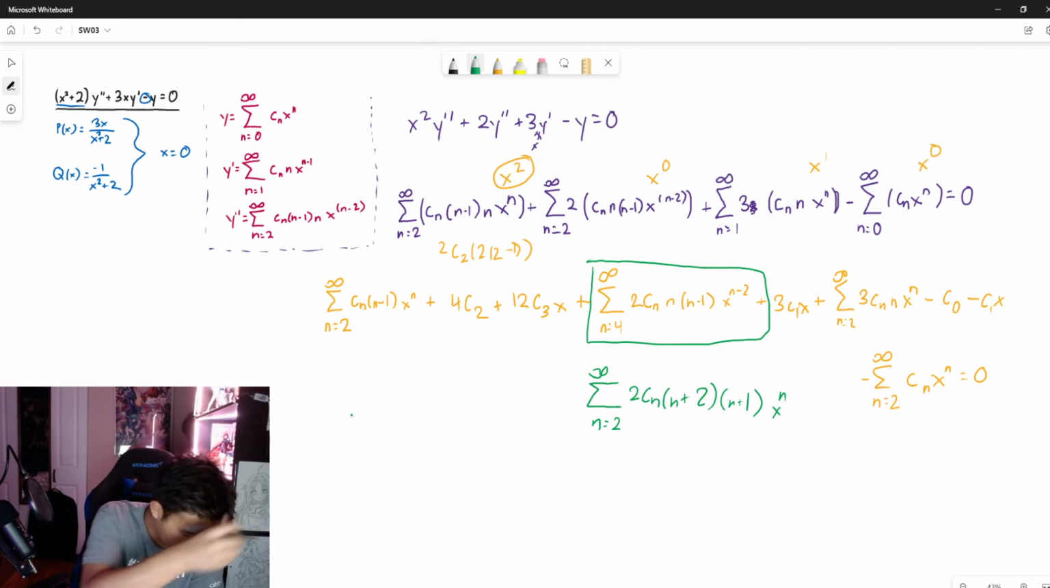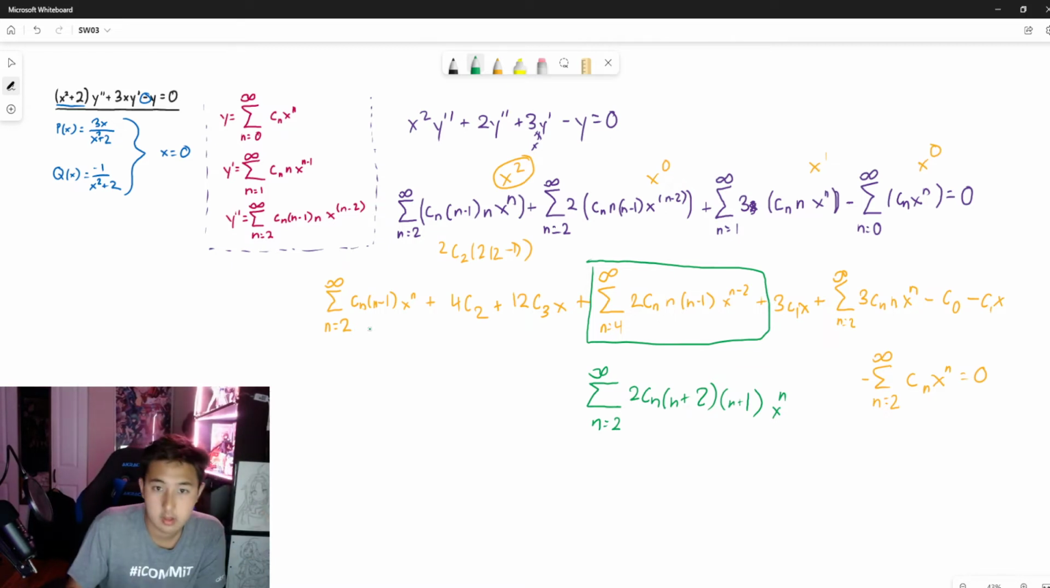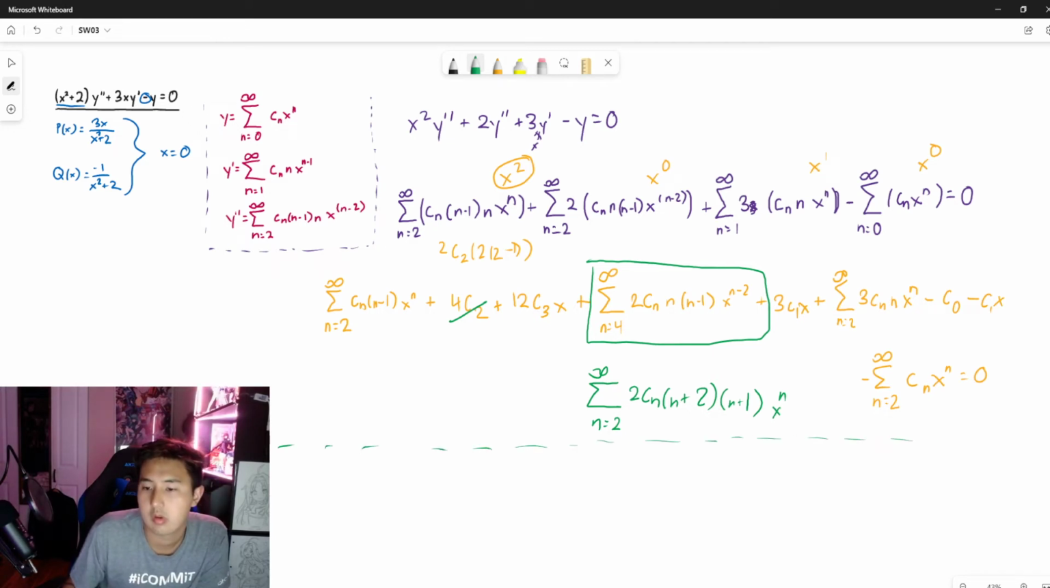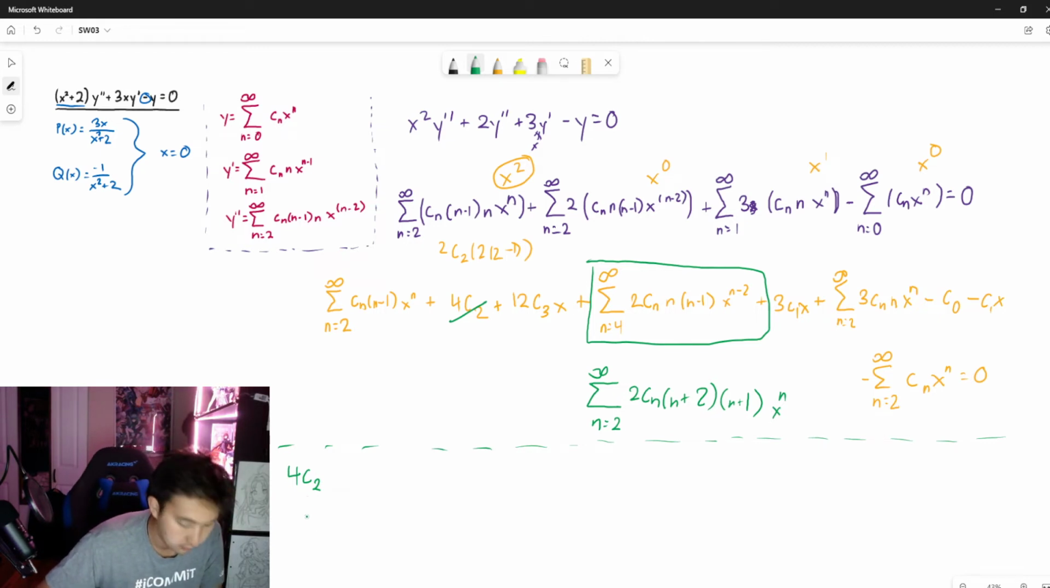But actually, as I keep going, I'm going to combine like terms. So let's see. First, we have C2. We want to look at everything we have at C2. We only really have 4C2. So we'll go with that. 4C2. Using up too much space. Let's go a little lower. Okay. 4C2